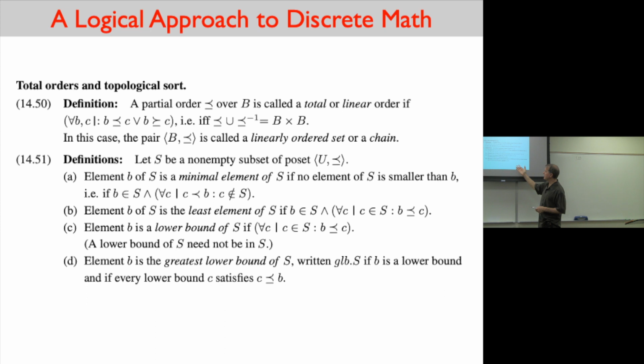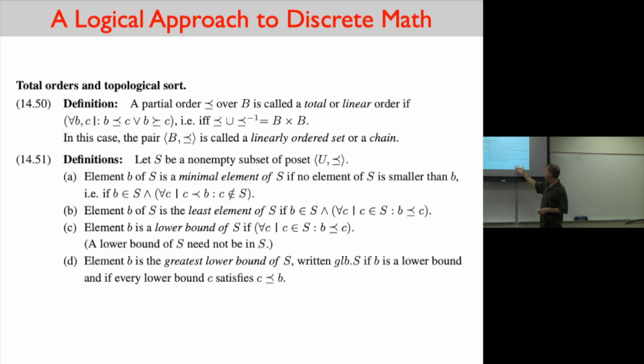And then element B is a lower bound if for all C, C an element of S, B is related to C. So this is kind of similar to least. It's least, but with respect to a certain subset. Both least and lower bound have to be related. It's for all C in S, B is related to C. Are you with me? And then the greatest lower bound, GLB,